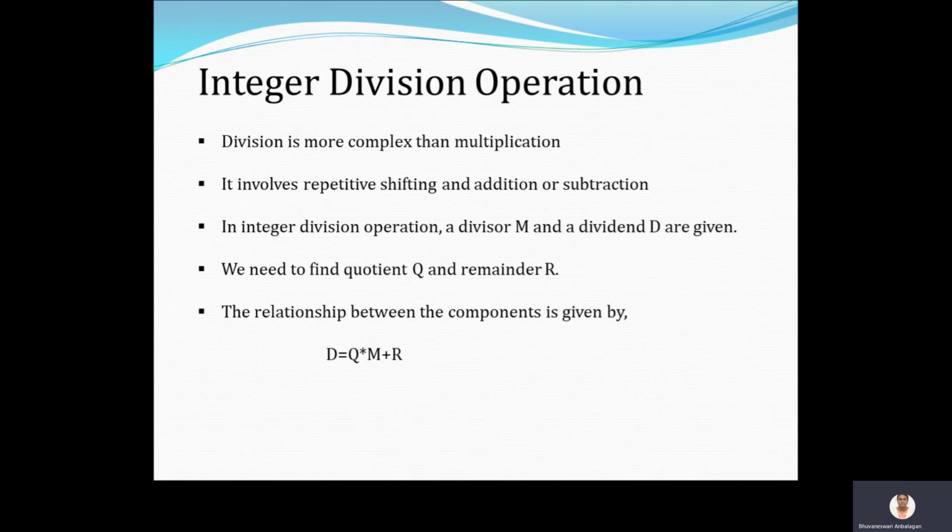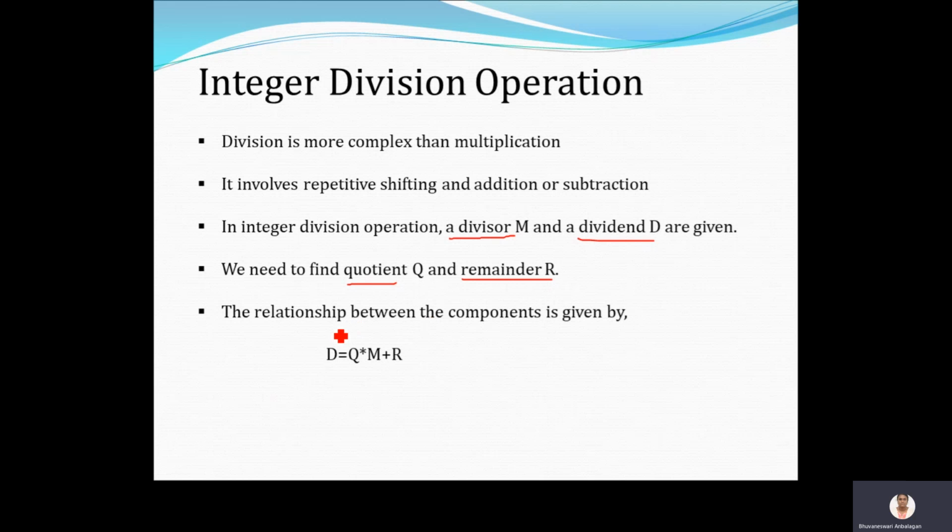So usually we do the integer division operation by making use of the dividend and then the quotient, the remainder and the divisor. These are all the terms which are involved in an integer division operation. So you will be having the dividend and the divisor. By doing the division using this divisor, you will get the quotient and the remainder.